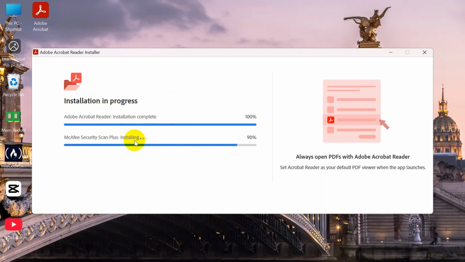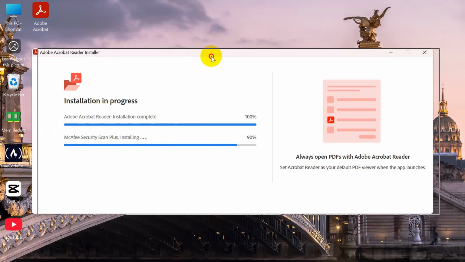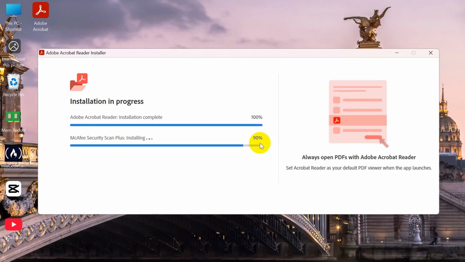So here you can see after the installation completes, there is a Mac app security scan plus installing. So you don't need to worry about it. It will take a little bit of time. So here you can see that the installation and download is completed. So now if you click on finish,